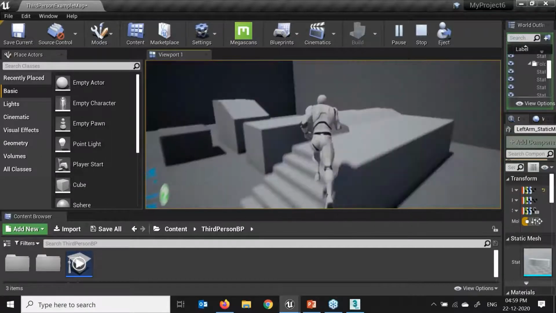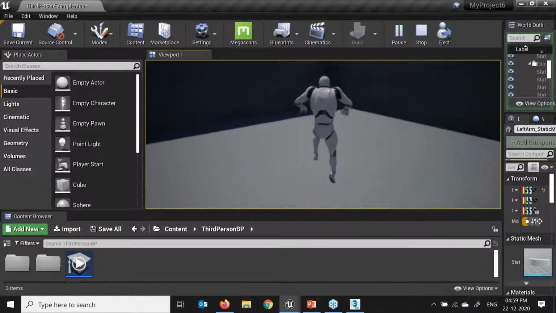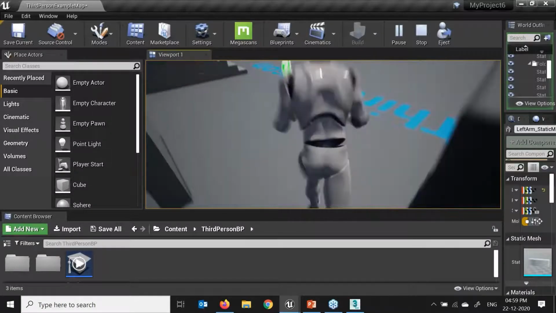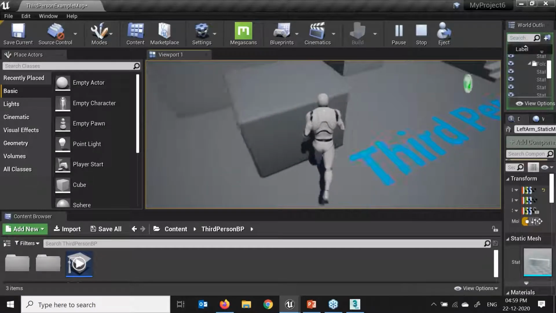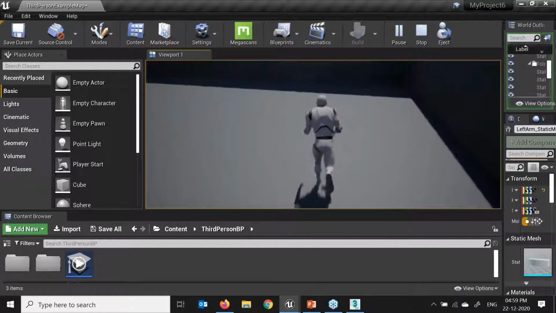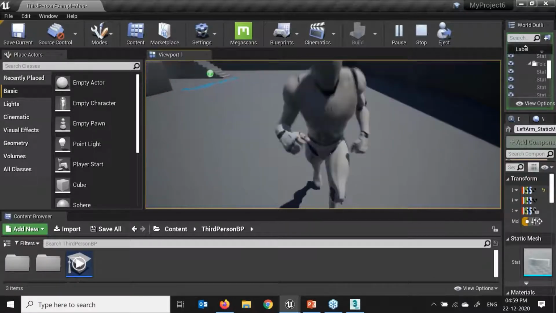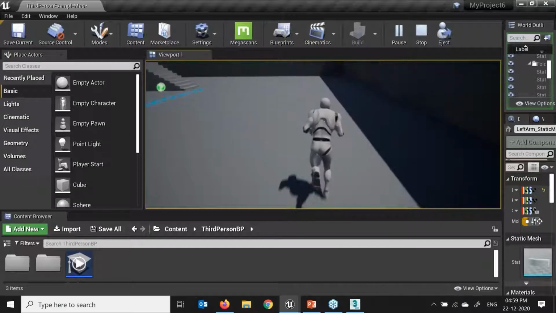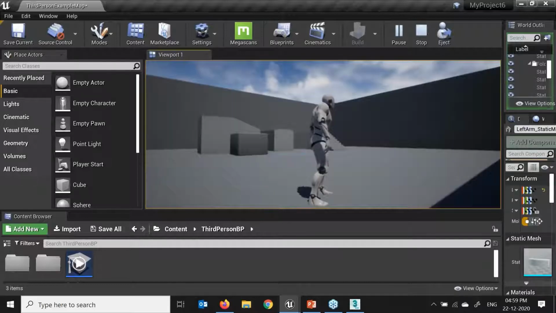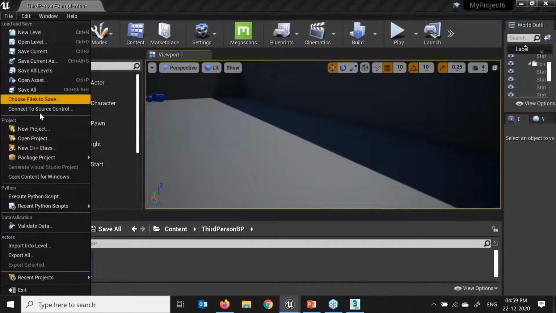If I press spacebar, this is my third person game. Again, if you see, this is dynamically connected over here. This is the gaming controller we use when playing on PlayStation, with W, S, A, D. Now G is for escape, to come out from this camera view.